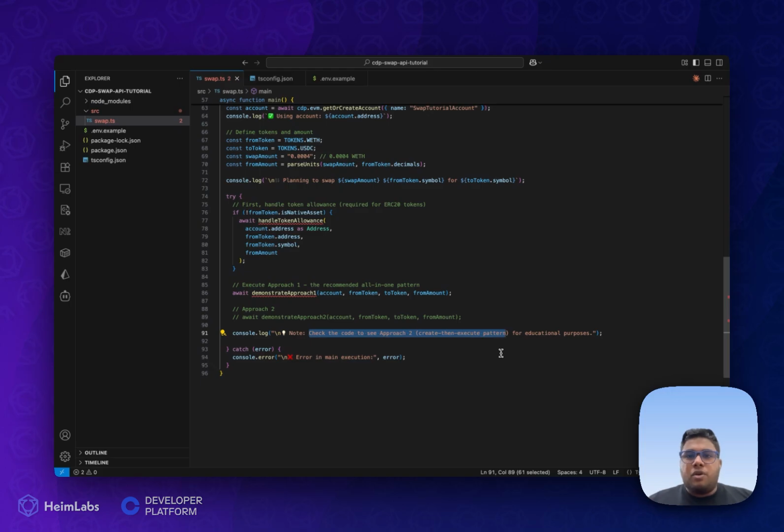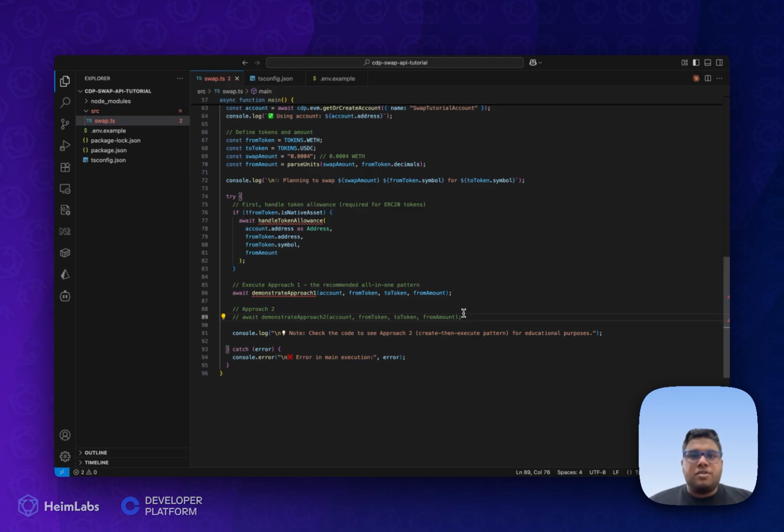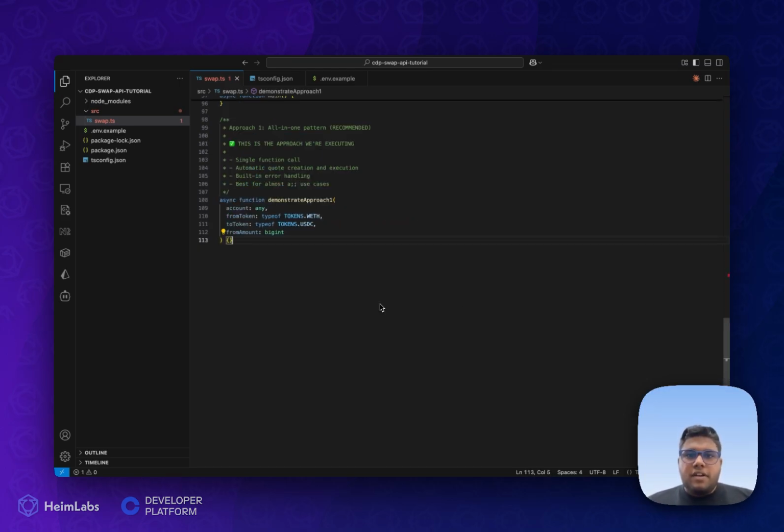We want you to make sure that you know all of the approaches for this web API, and you can use any that you want for your code. So again, here the parameters are the same. So the parameters for both the functions would be the same. It's just that for approach two, you get more advanced control over your swap transactions. Now that we are done with the initialization of our main function, let's move on to our other functions, which would be handling the swaps and the various other utility functions like handling token allowances.